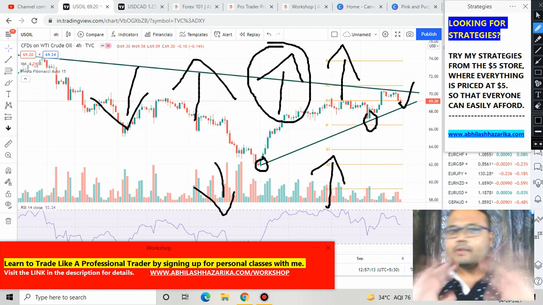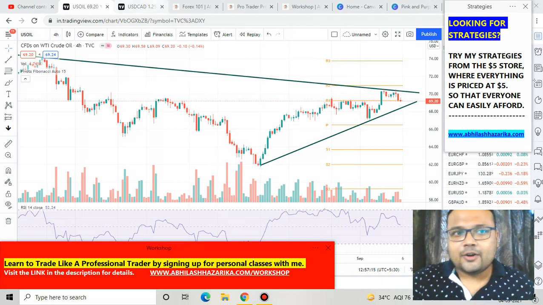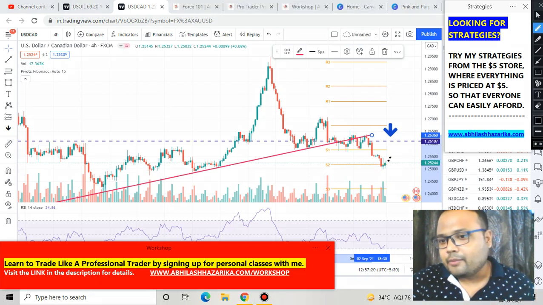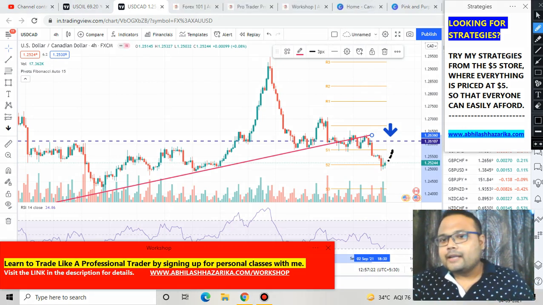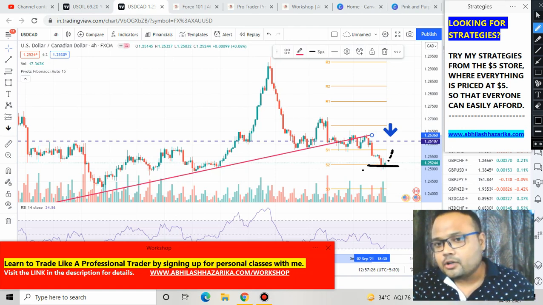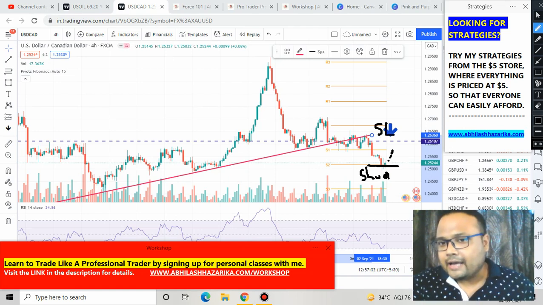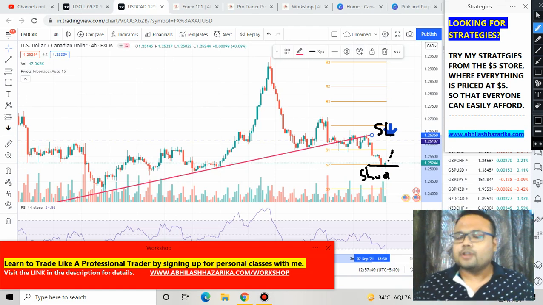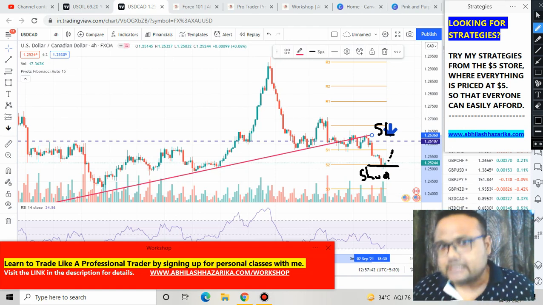So, what I'm saying is that on Monday there is a possibility that the market will go up from here. And right now the market is trading here. Do not short the market right now, because if you short the market here, then your stop loss will be above this level, and your stop loss is quite big, so your risk to reward ratio does not match. And as I always say, never chase the market. Let the price come to you.